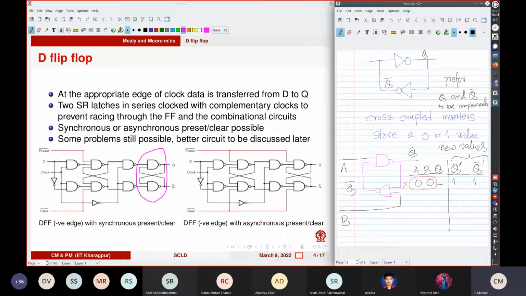So you want them to be complements. What if you have 1, 1? Then this is, you know,